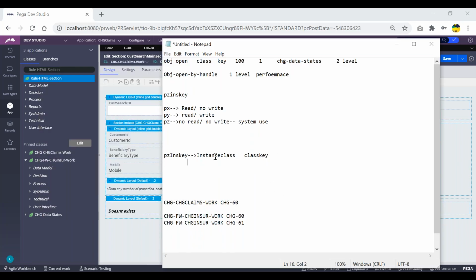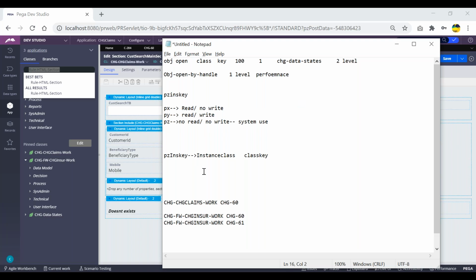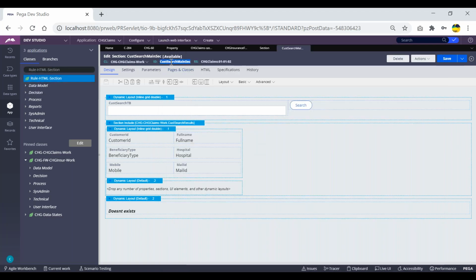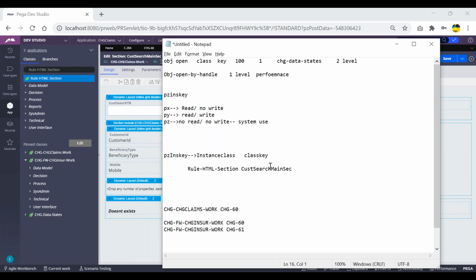The instance class here will be rule HTML section, space, class key. What will be the class key? This will be the class key. Clear? This is how we have to derive the PZINS key.